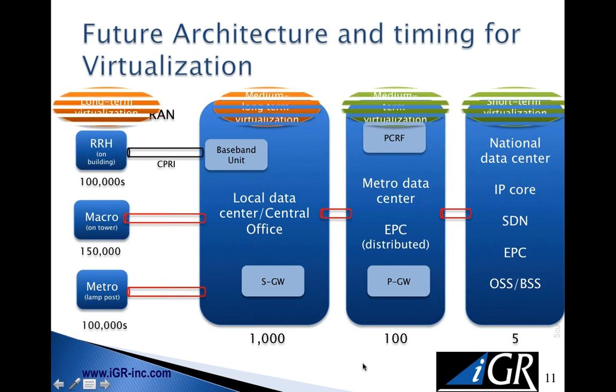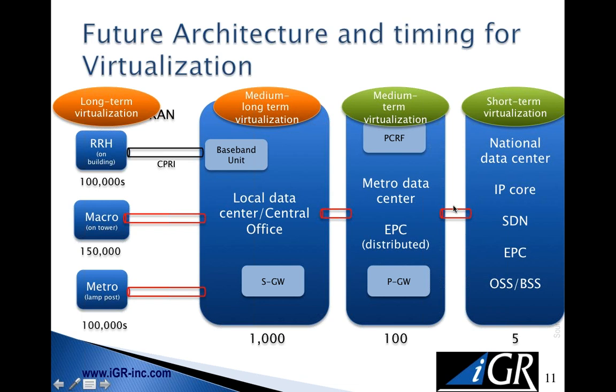But the point here is, what are we going to virtualize? In the short term, we're starting at this area here. These look like big data centers running telecom hardware, and that's an area that's relatively easy to start the virtualization process for. In the medium term, we get into the metro areas, and also start to look at these local data centers. The longer term is the RAN. It's a little harder to do, a little bit more involved.